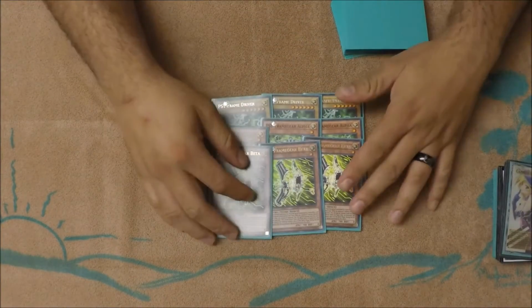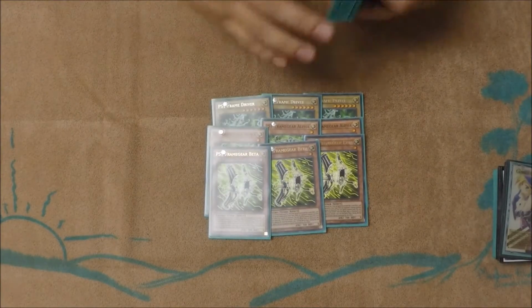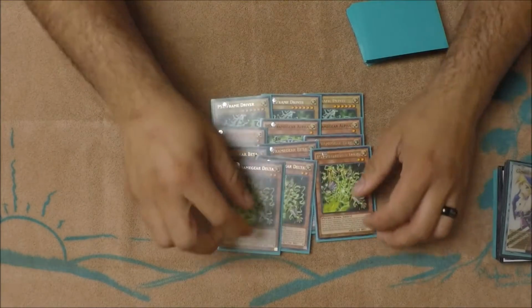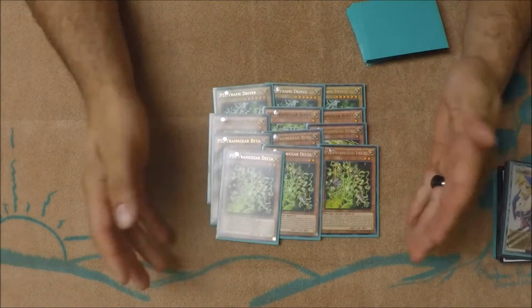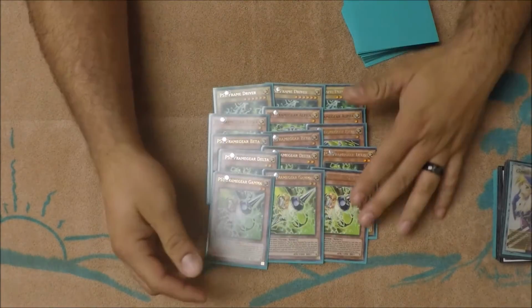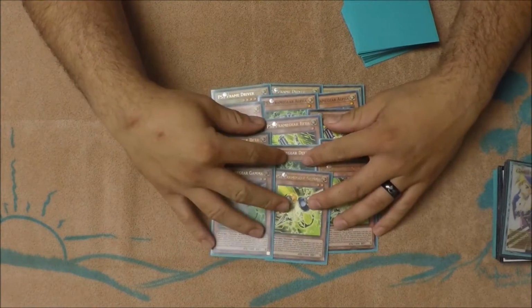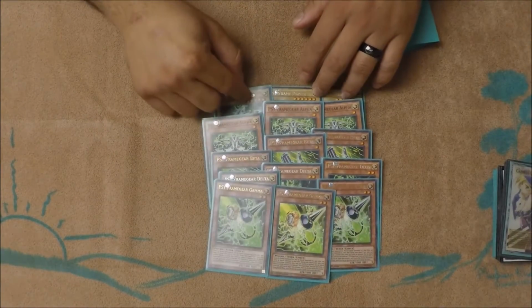3 Beta, your opponent declares an attack, you destroy the attacking monster and end the Battle Phase. 3 Delta, your opponent activates a spell card, negate it. And then 3 Gamma, your opponent activates a monster effect, you negate it. And then obviously, all these guys, when they activate their effects, you have to have a Psy-Frame Driver to special